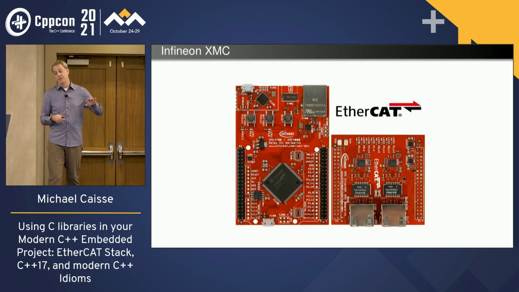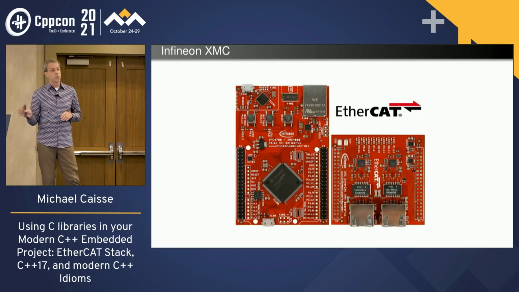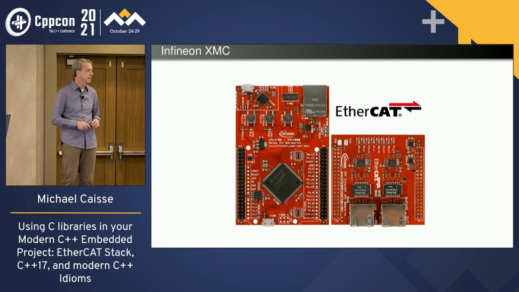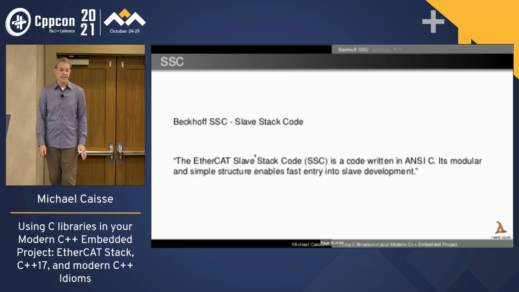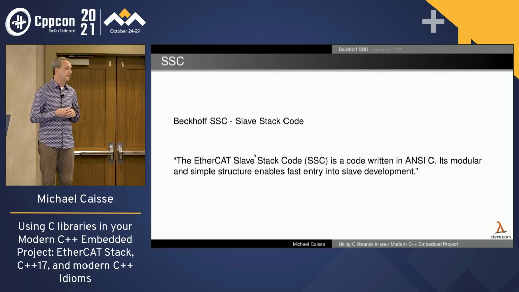So the board that's on the right is simply the physical board to handle being able to plug things in. The board on the left is the one with all the brain, and it has Ethernet and a bunch of other junk on it too, CAN and other things. So I've got this, and it has an EtherCAT label on it, which is really cool, but that's not super useful yet, right? So it ends up that Beckhoff is the company that does EtherCAT.